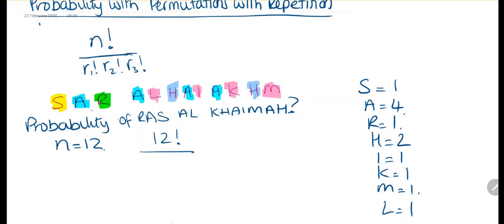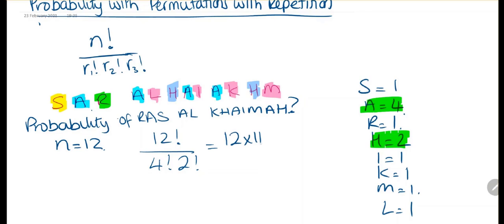So what we need to do is use the number of times each repeats, so we're going to be multiplying. We have an A 4 times and an H 2 times. So we want 4 factorial times 2 factorial times 1 times 1 times 1 times 1 times 1 times 1. So we don't need to write the ones. So we're going to write 4 factorial multiplied by 2 factorial. So if we work this out,